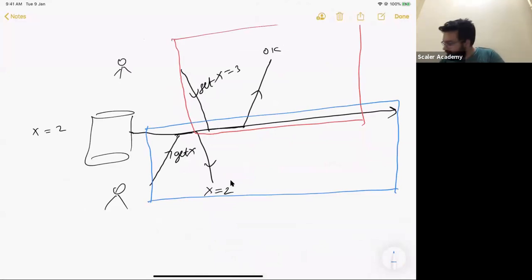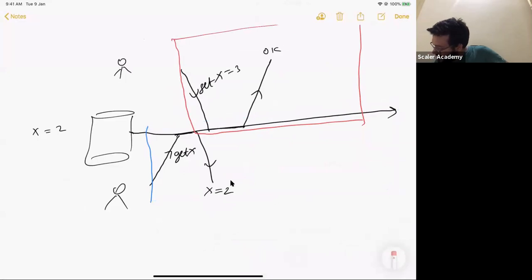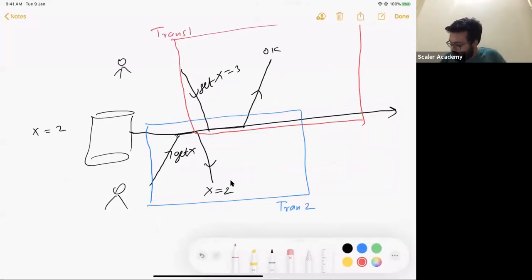Folks, does it make sense? Or let me actually take a smaller transaction this time around. So let me say this transaction starts from here and ends here. Starts from here and let's say ends here. Folks, are you getting something? This is transaction 2. This is transaction 1. In this user, for which there is transaction 2, he performed this get x here, and let's say now he performed another get x here.